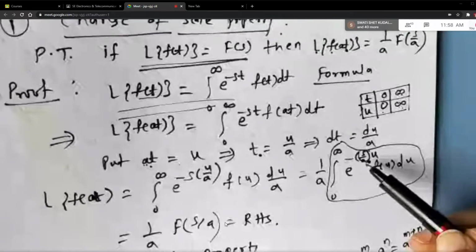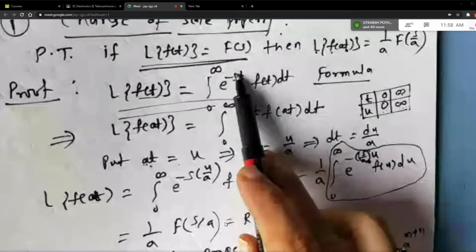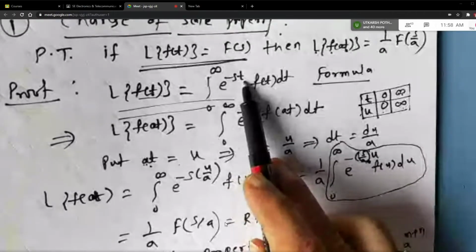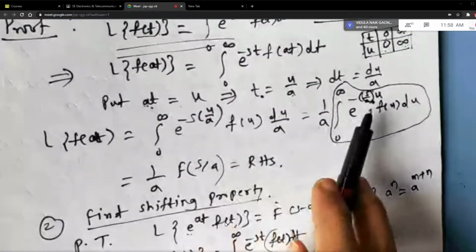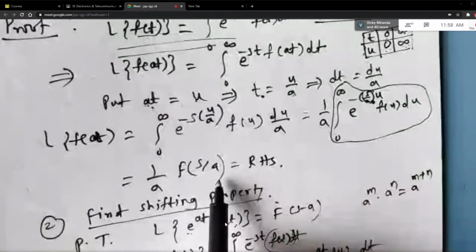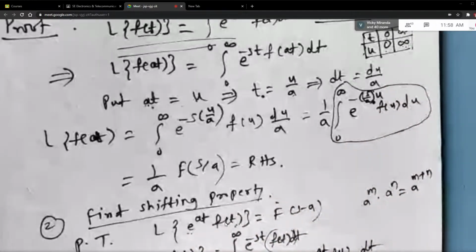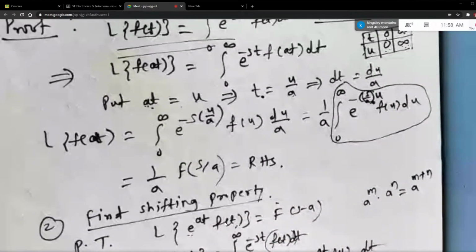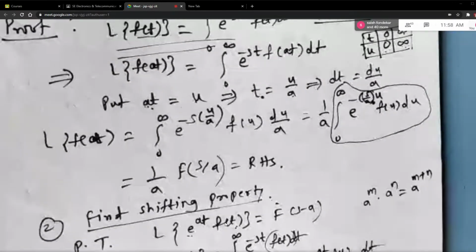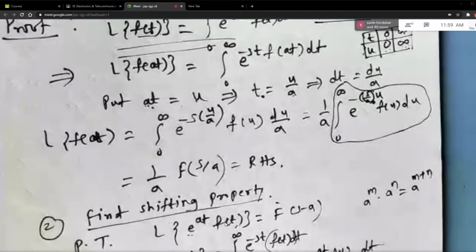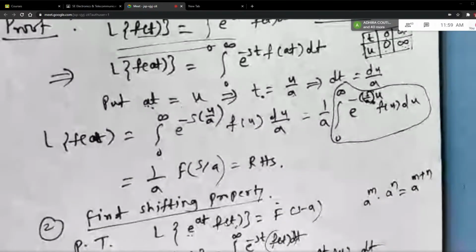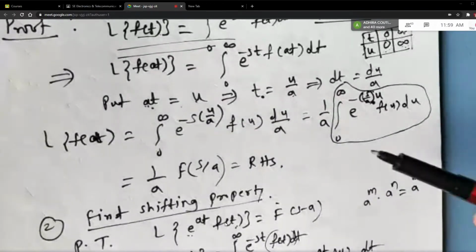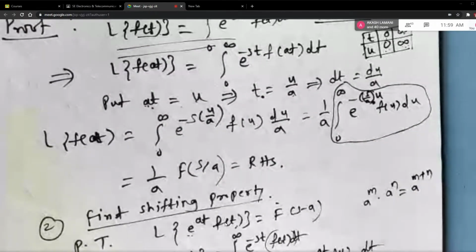And therefore we can write it as capital F of s. Why? Because this is minus st. But here in place of s you have s by a. So I can write it as capital F of s by a. Okay, and this is your required right hand side. So most of these formulas are proved with the help of comparison with the direct formula of Laplace transform. Okay, so remember the steps. First write the formula, replace f of t by f of at on both sides, put at is equal to